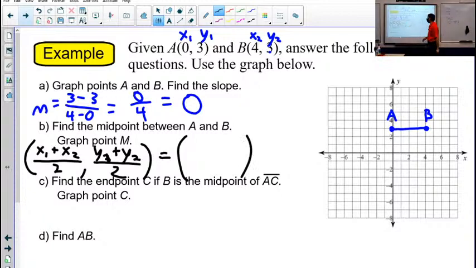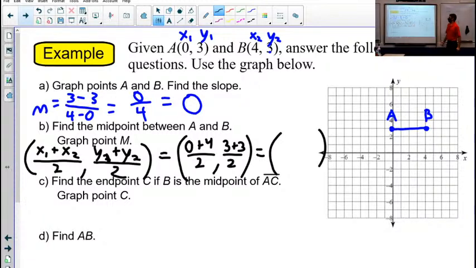Add the x coordinates, divide by 2, then add the y coordinates, divide by 2. X coordinates are 0 and 4, so we're going to add them, divide by 2. Y coordinates are 3 and 3, so we're going to add those together, divide by 2. 0 plus 4 is 4, divided by 2 is 2. 3 plus 3 is 6, divide that by 2. 6 divided by 2, that's 3. So 2, 3